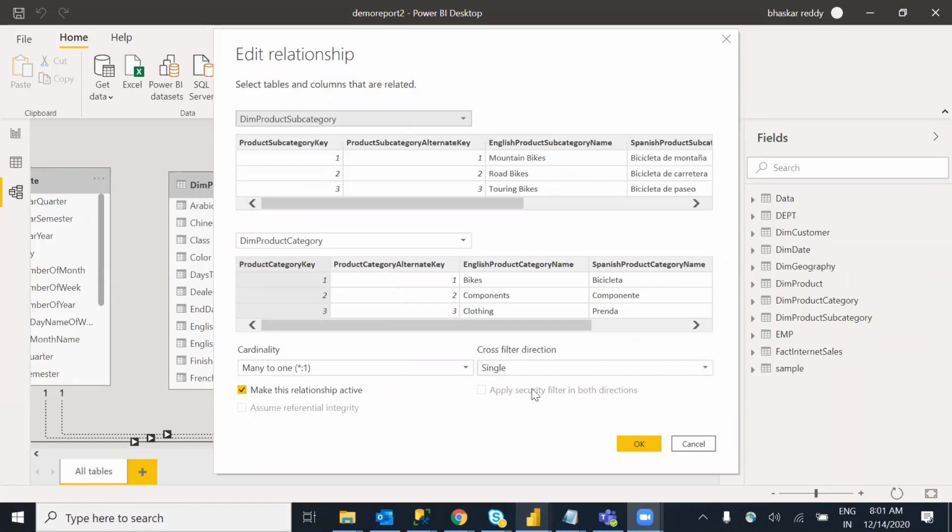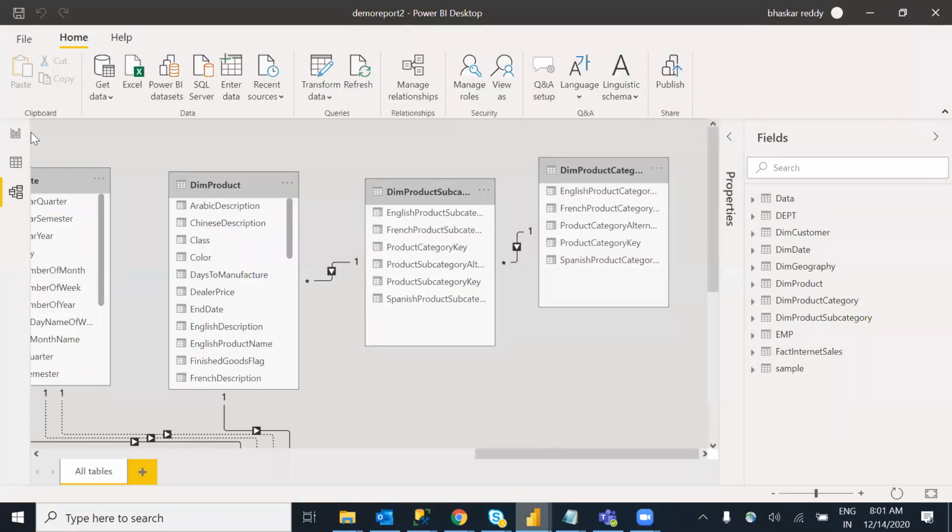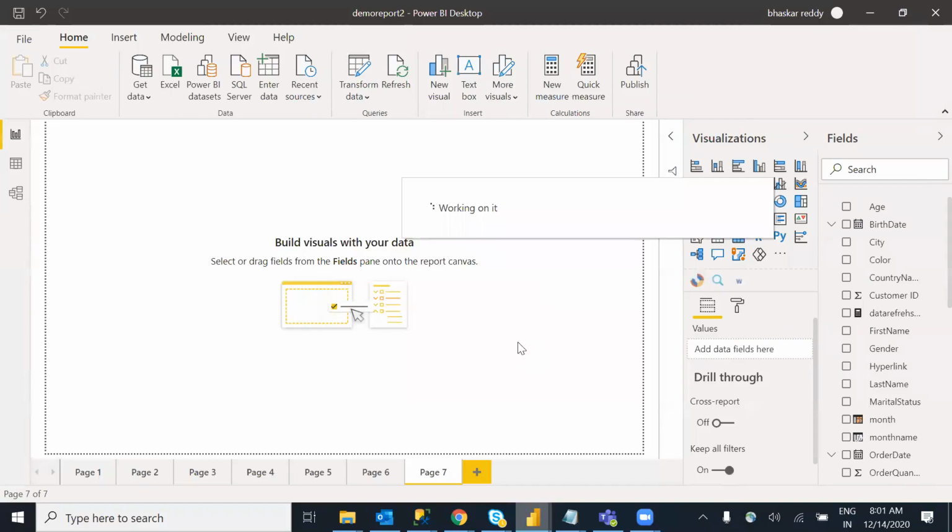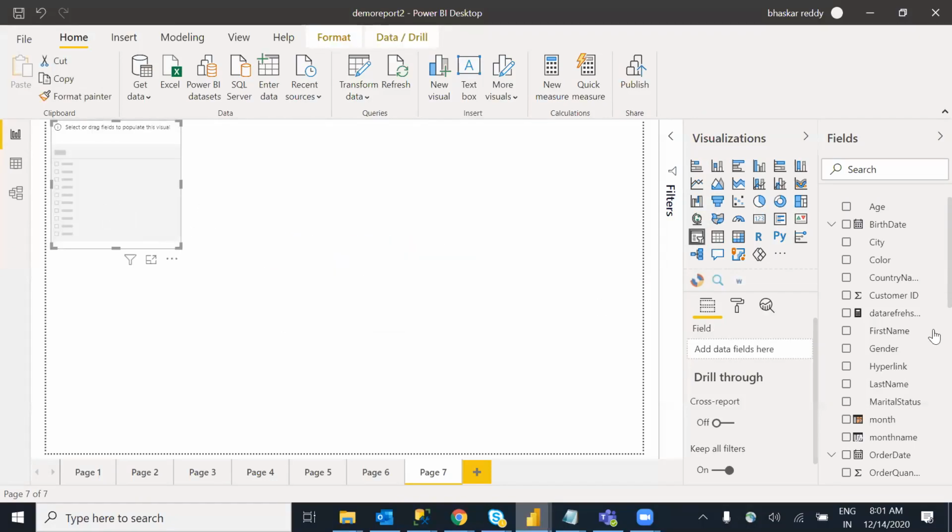Now we will discuss what a cross filter direction is. It's a very important question, one of the time. Recently none of the guys are touching that interview question. What is a cross filter direction? We will see that now. That is also a very important interview question, and in real-time cases also it is an important thing.